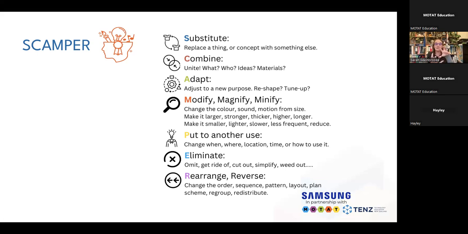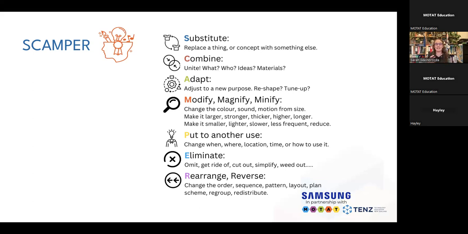Combining is where you maybe, instead of taking just one idea that you want to develop further, you might find from your conceptual designs, for example, you've got 2 ideas and you think, well, I really like this bit on this one and this bit on this one, and you can combine them together to make a better whole. And that helps you when you're looking at different types of materials and joining those together. So combine is another really great idea for the Scamper model too.